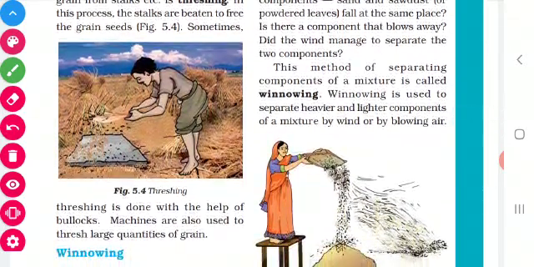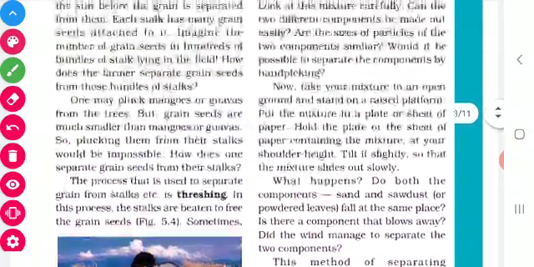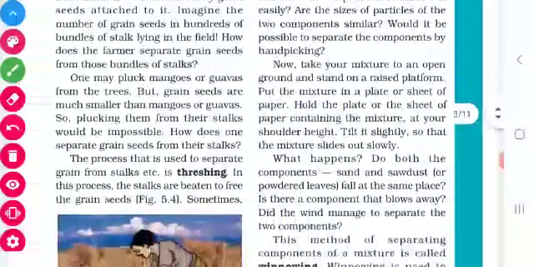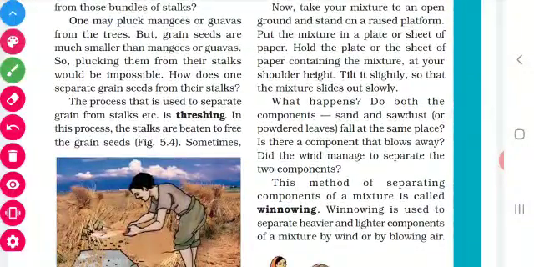While doing so, what happens? The stalk and the grains are separated. So this is the threshing method. Have you understood, children? Now underline the definition for threshing. The process that is used to separate grains from the stalk is called threshing.